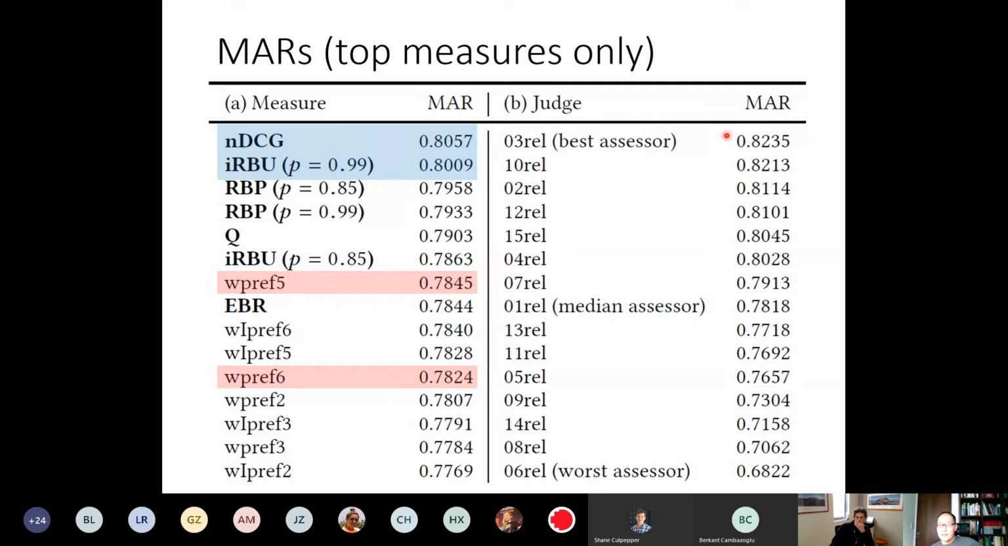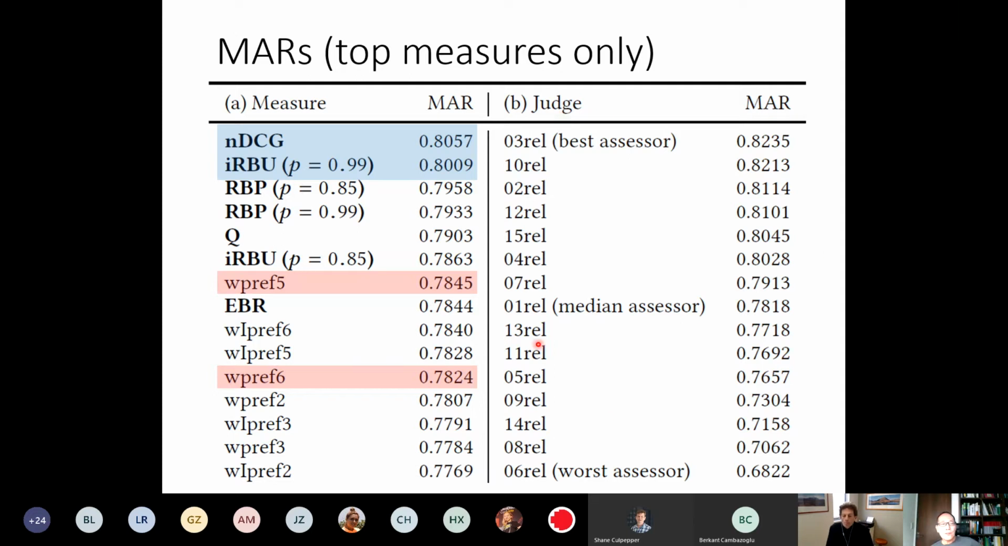So this one is the best assessor. Here we have the median assessor, 78%. Even the worst assessor achieves like 68%. In the Sakai 2019 paper, I ensured that all of these 15 assessors were doing a good job by looking at inter-assessor agreements. Okay, so these are, I think, representative of